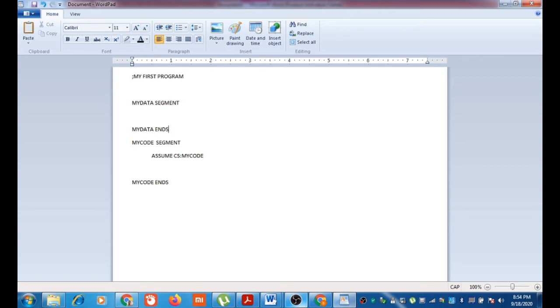Let us add two numbers. So I should declare my first number, n1. I am giving the variable name. Then I should decide whether it is a byte variable or word variable or double word, like that. So I'm declaring it as a byte variable.